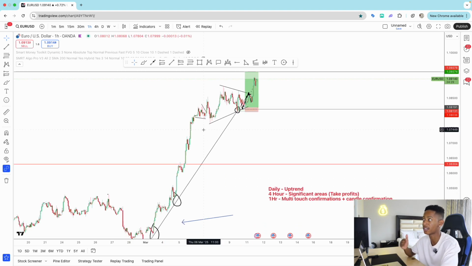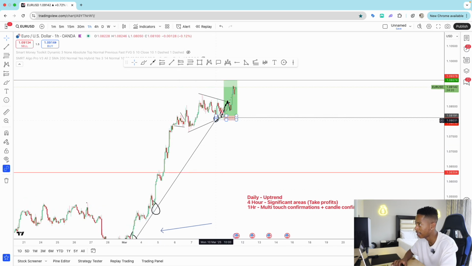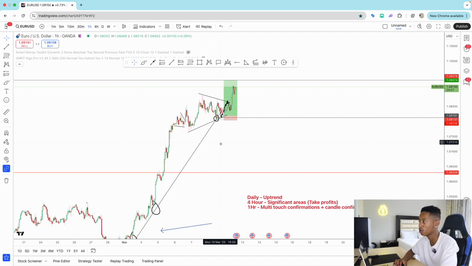I'll just quickly show you guys, because this is actually one of the trades that we spotted. I'll also share with you how we saw it. But yes, this is first touch here, second touch, and then third touch here, and at the same time you can see this engulfing candle. So this engulfing candle basically represents that once price got here, it started showing that there's a lot of buying power. But then what we do is that after we've got all these confirmations, we drop to as low as